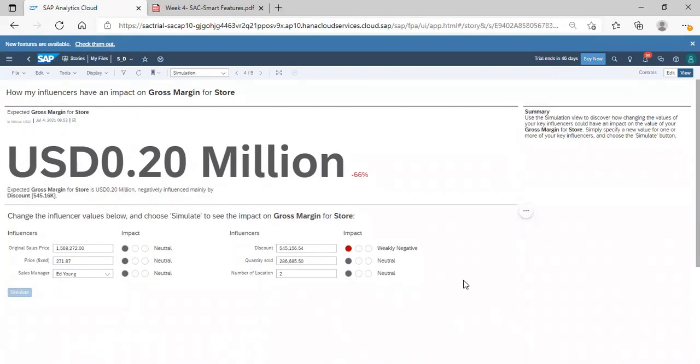If you are facing some kind of changes in your production, or in your logistics area, or in your warehouse, where you have your product in very limited bulk, and you want to increase your sales, first you will check what the impact will be if I increase my sales values or sales price. According to that, if you can see here, your value is getting changed. So this is how the business will take decisions.